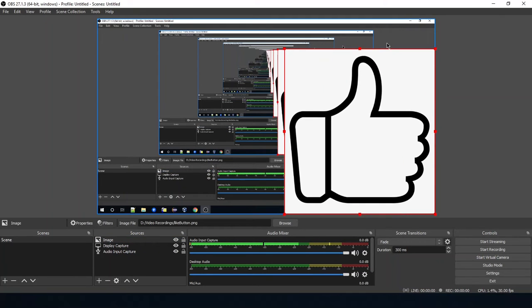So if you increase the size, you can see this will hide the display capture source. Only the portion that is not hidden will be included, and your image will be in front. Okay, so let's resize this. Okay, so now we have made a setup,